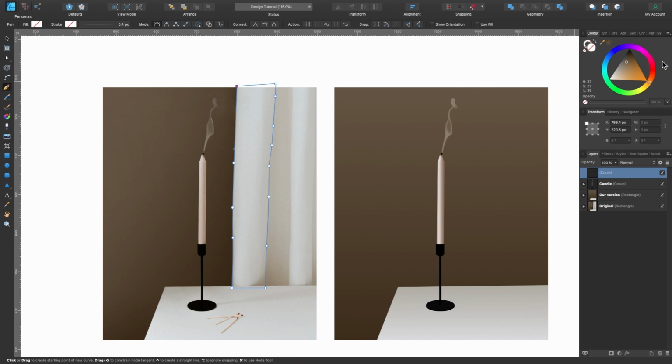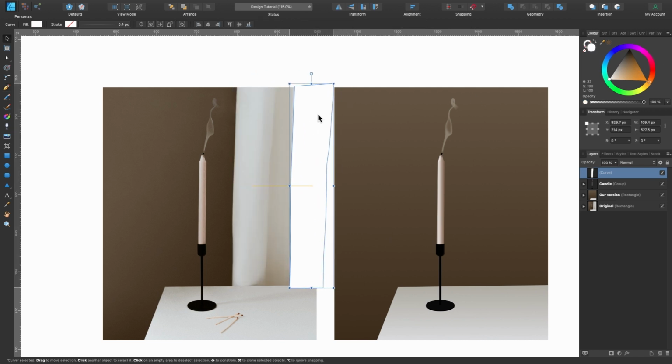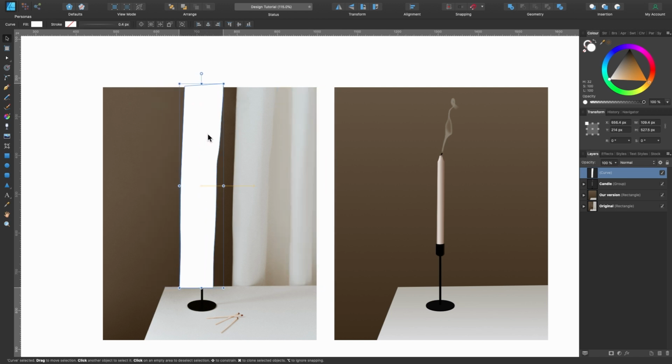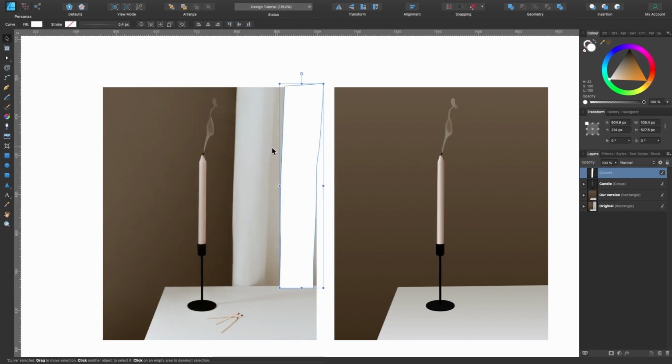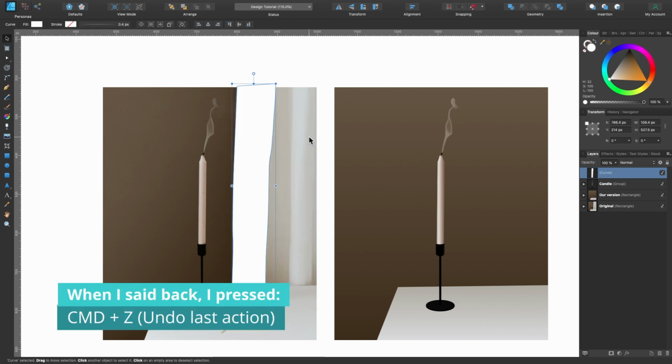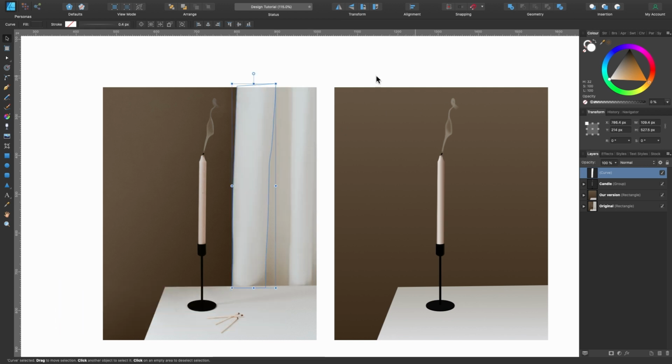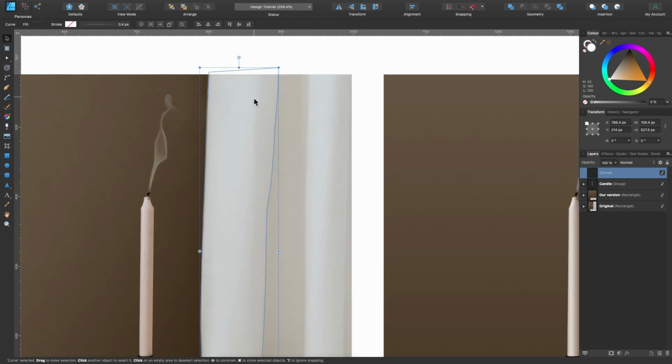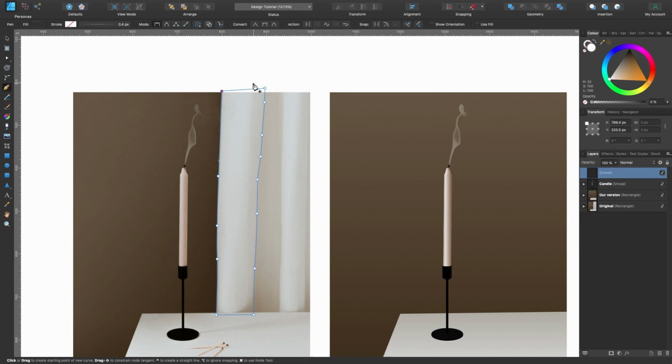Okay, we've got our outline. Let me just give it a white color and press the move tool and just move it off to the side a little bit. Maybe I'll just move it. Yeah, I'll move it here. Okay, so I can see it's a lot whiter here, and then it goes slightly darker there. So I'm just going to press back, and we're going to draw another line going down here to capture that shade.